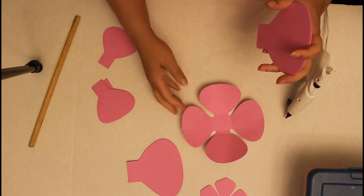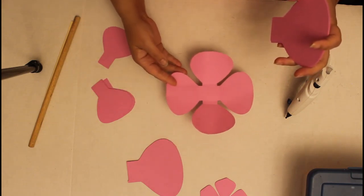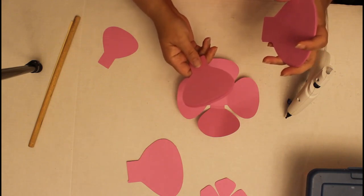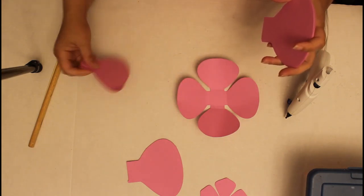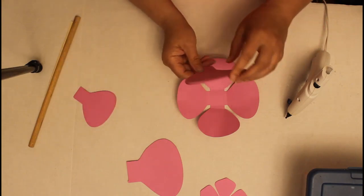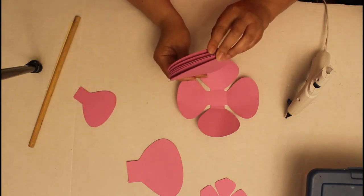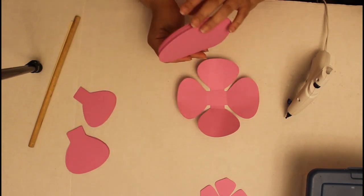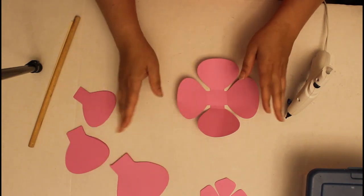In any case, I'm going to show you how you can do it as a one cut, or using the individual petals, whatever floats your boat. I will offer both in my packages. You're going to have 12 medium-sized petals and 6 large petals. So without further ado,